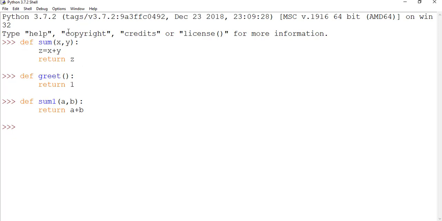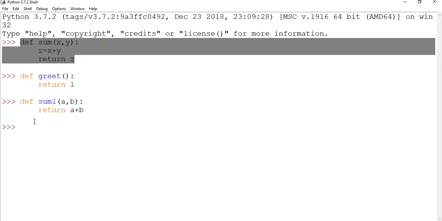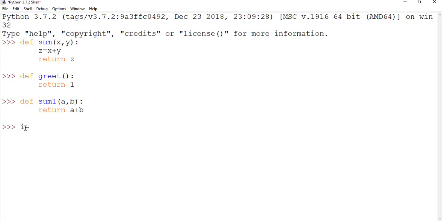So we can call this function as i = sum(3, 4). What will happen whenever we call this function sum? Python will look whether there is a function available with the name sum or not. Yes, we have a function available with the name sum, and there we have two positional arguments, so both arguments we have to pass. We are passing two arguments here, 3 and 4. 3 will take the value for x and 4 will take the value for y.